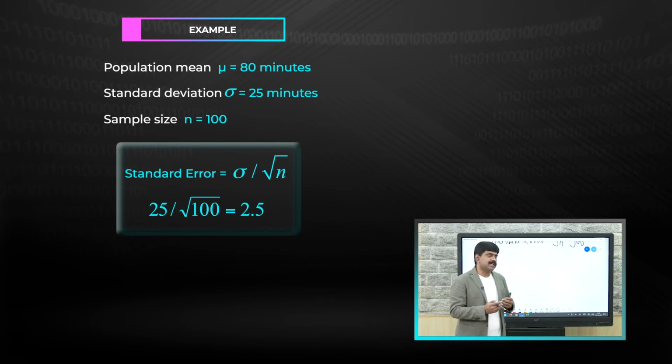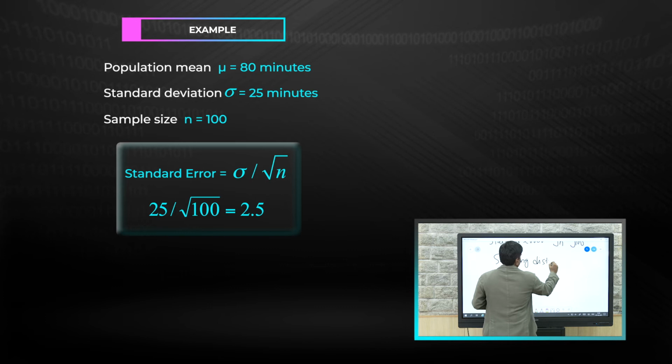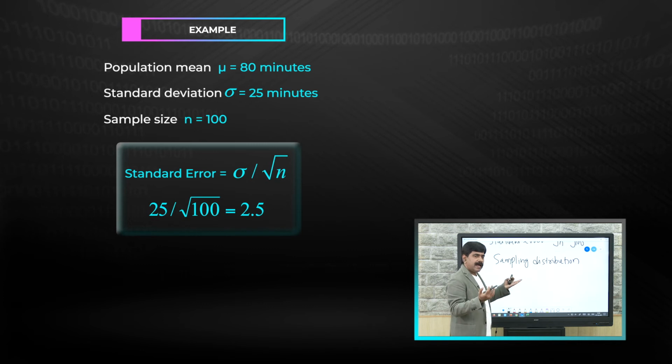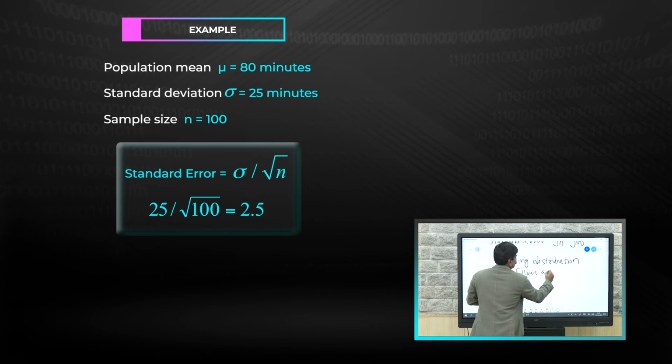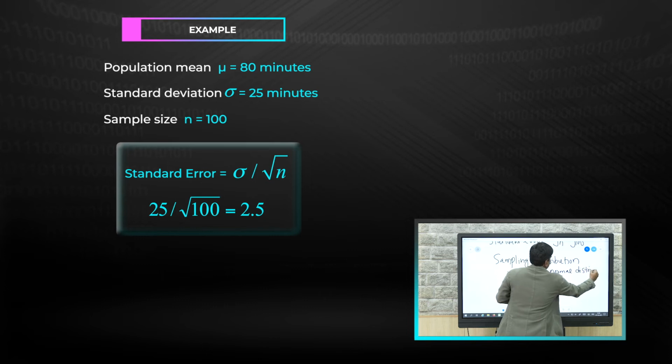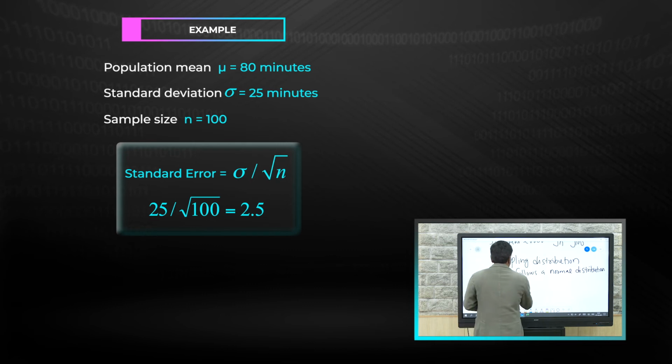So we are looking at a sampling distribution which follows a normal distribution as per the central limit theorem. The mean of the sampling distribution, mu, is the same as the population mean, which is 80, and the standard error of the sampling distribution